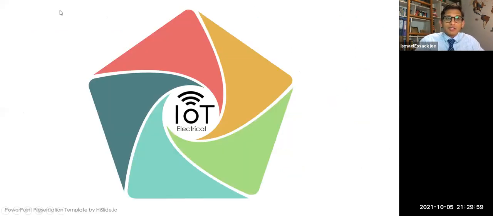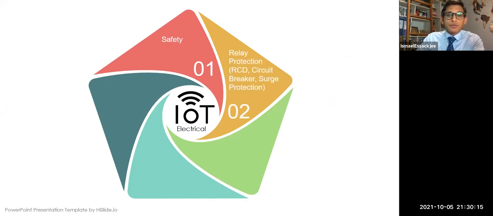Okay, final words now. Let's summarize, if you are still around. Wow, lots of you still around. Hopefully not sleeping. Okay, IoT electrical. Fundamentally, today we talked about safety, lots of things which we shared on safety, number 1. Number 2 is relay, how you can use much more capacity, adding more loads or devices to your board, to your Arduino, using relays. Then we looked at protection in terms of RCD, circuit breaker, surge protection. Next, we looked at ingress protection, what we call IP. Remember, in the bathroom and so on.